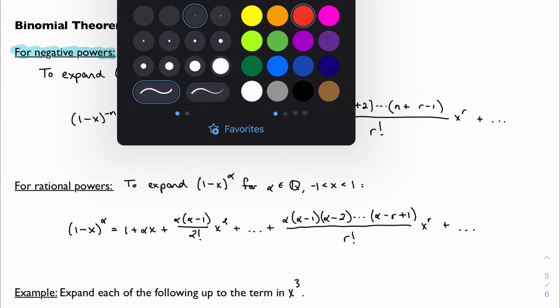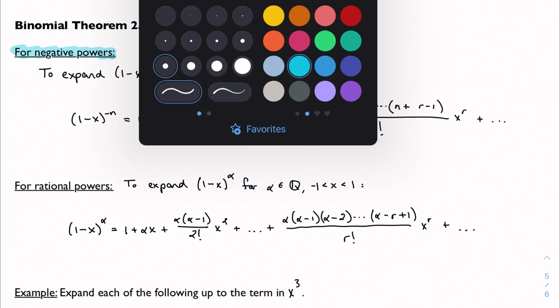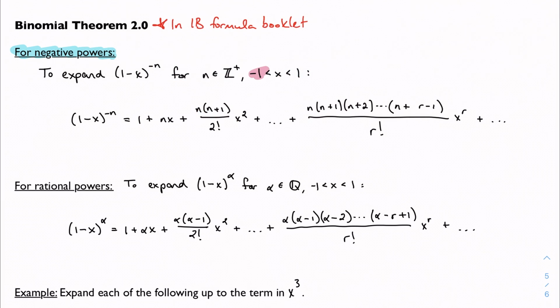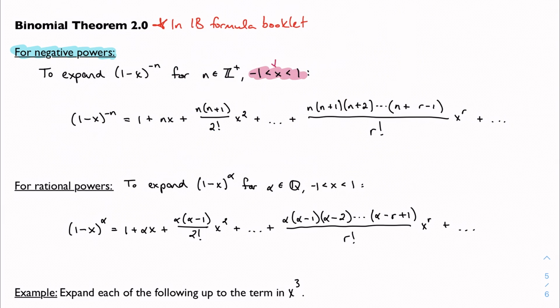So to expand 1 minus x to the negative n, for some positive integer n, that's because the negative's already there, right? So let n equal 2, I get negative 2, that gives me the negative power. And then this condition here, negative 1 less than x less than 1, we're not going to worry about right now. Just accept that it has to be there kind of as a formality for the time being,